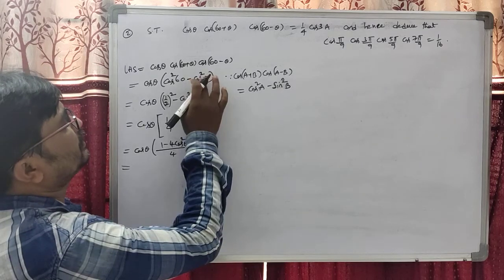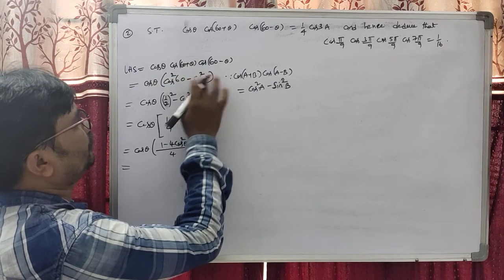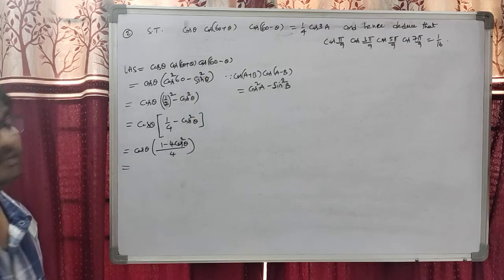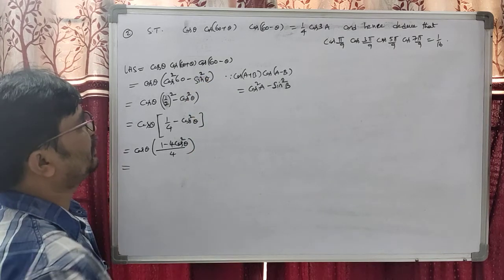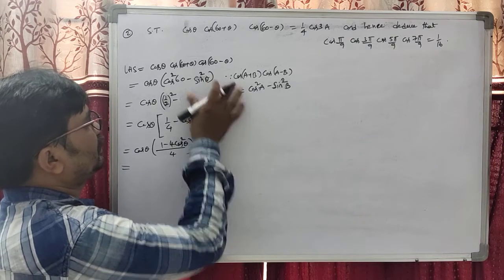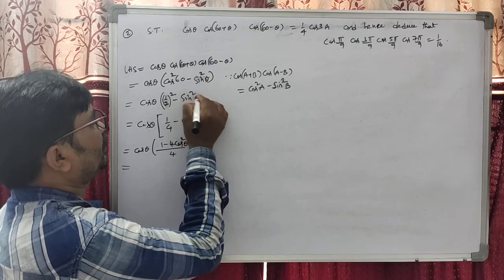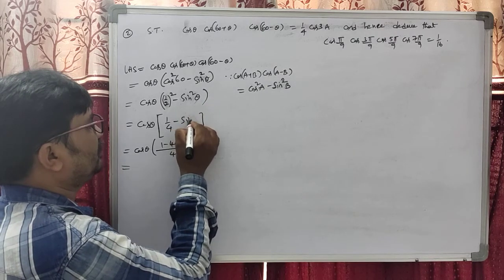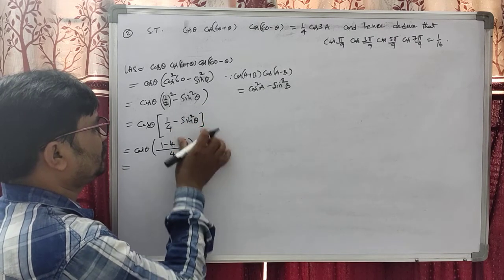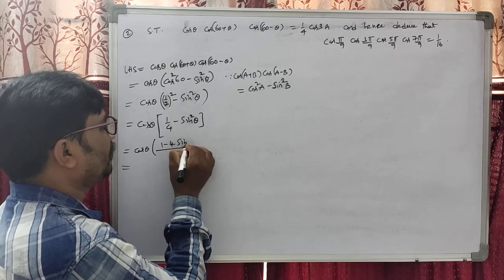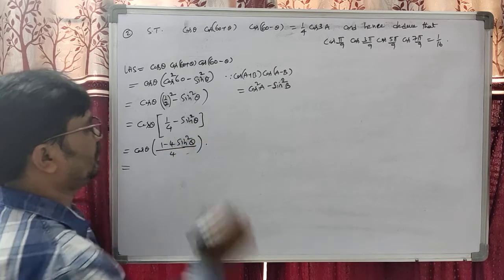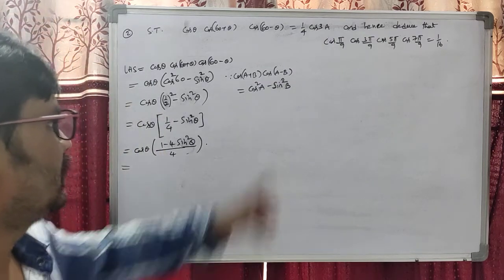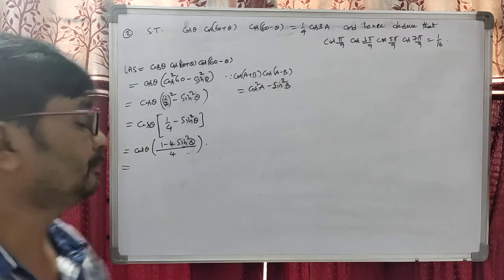This is, students, we can write as cos square A, okay, minus sin square theta. Cos square 60 minus sin square theta. So, dear students, this is sin square theta, and now this is 4 sin square theta. Do you understand, students? Cos A plus B into cos A minus B is cos square A minus sin square B.